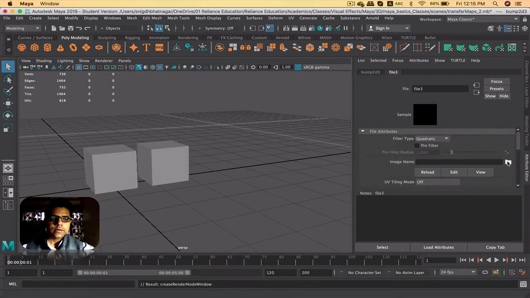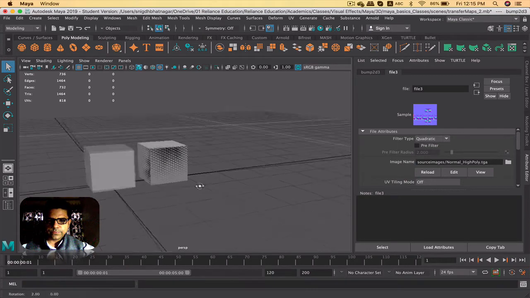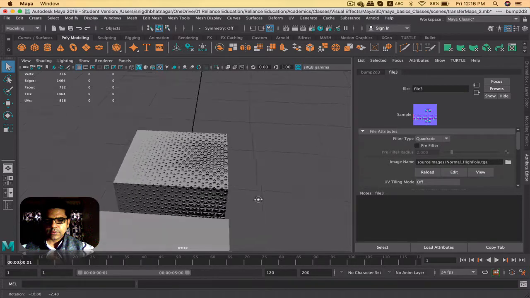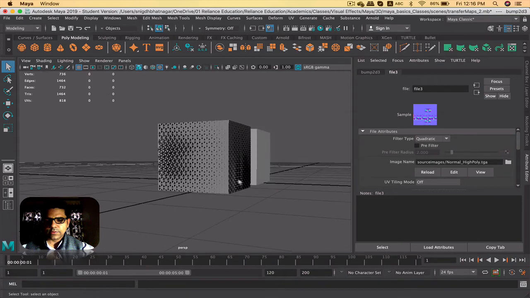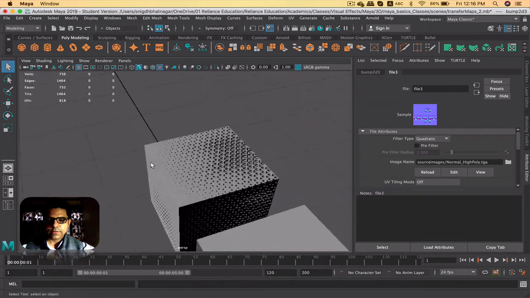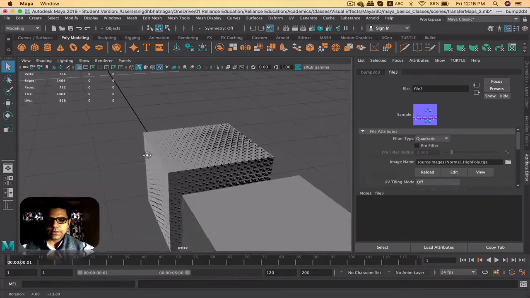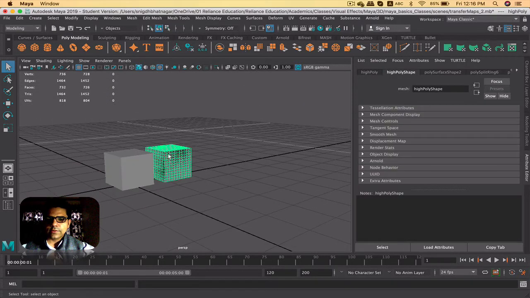Go to file, choose the normal, and this is basically what you are going to get as your texture. Okay, so you see this sort of a grainy look to it. Okay, so now the thing is that this is very high resolution, and we are not